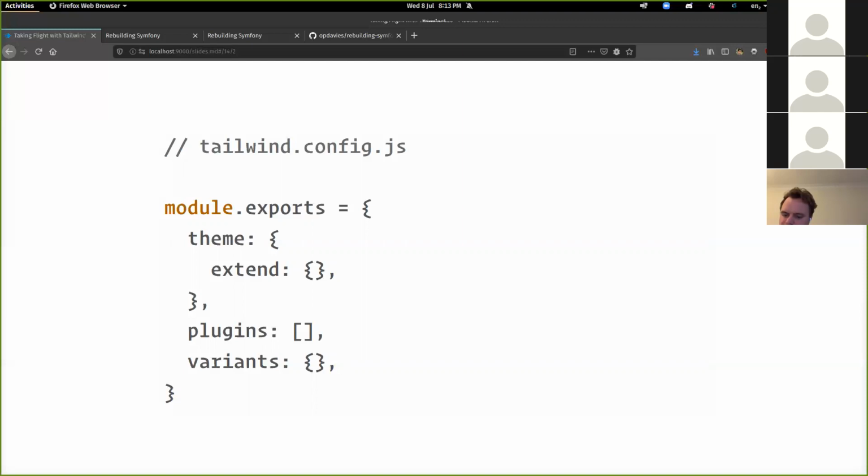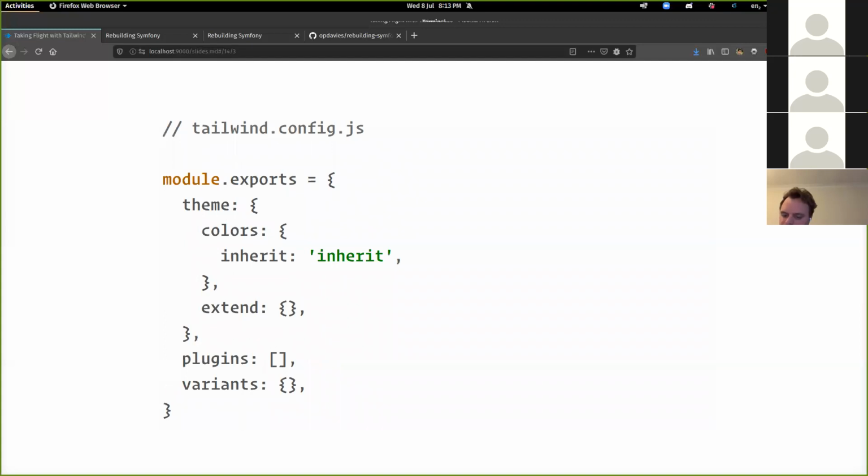So if you want to add another color, we can just add it inside the theme key there. We can add a new color called inherit, and what that's going to do behind the scenes is create a new text-inherit, bg-inherit, border-inherit, all the things that use colors. That additional color is going to be available in the compiled version. In this case now, it's going to override all the colors because we've overridden the whole thing,